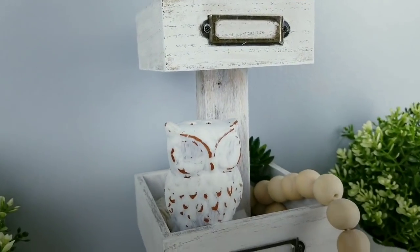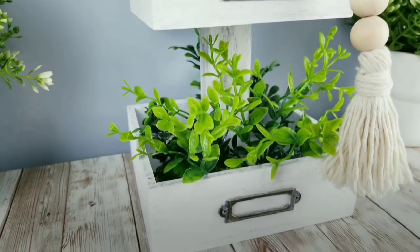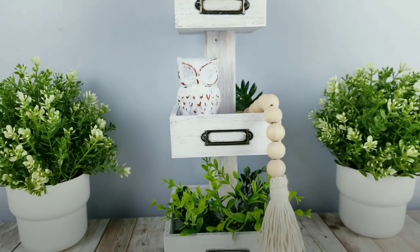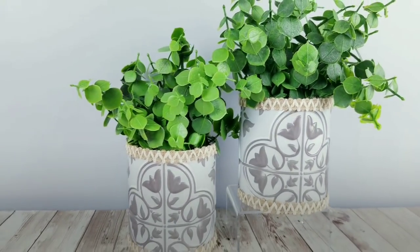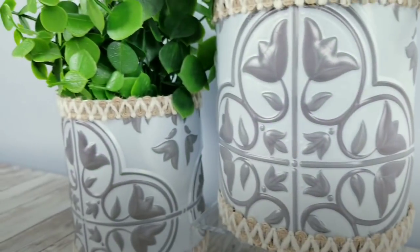For today's DIY projects, we will be creating some really cute farmhouse style decor pieces using some of the items that I picked up from my last Dollar Tree haul. Now, even though these pieces have a rustic finish, you can stain, paint, or decorate these any way that makes